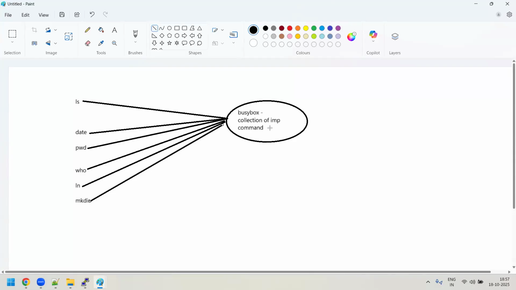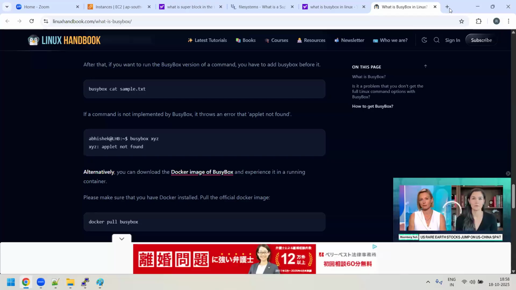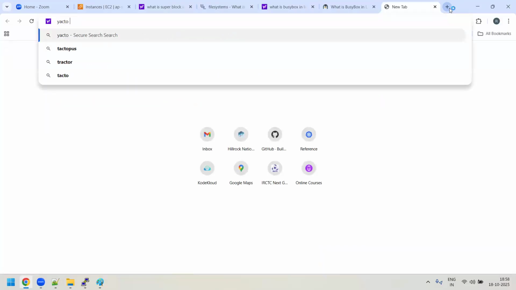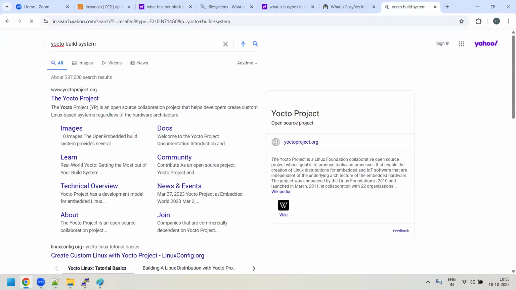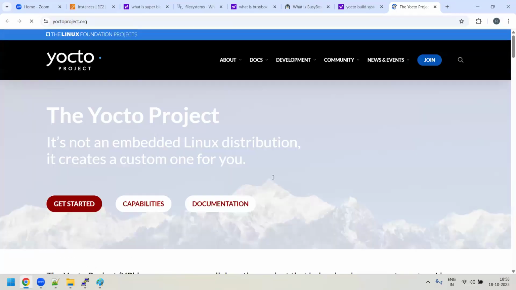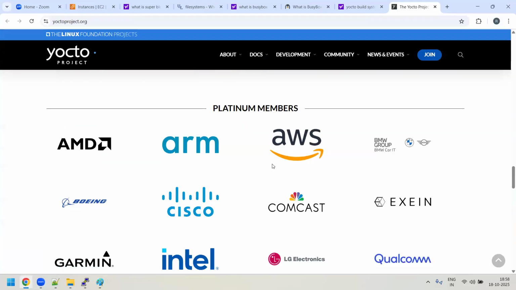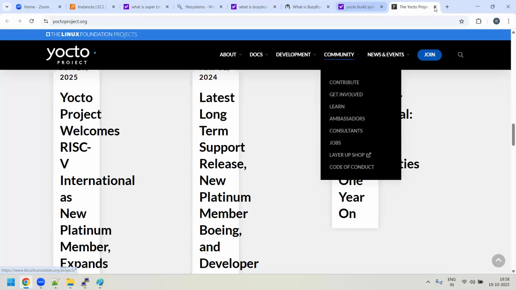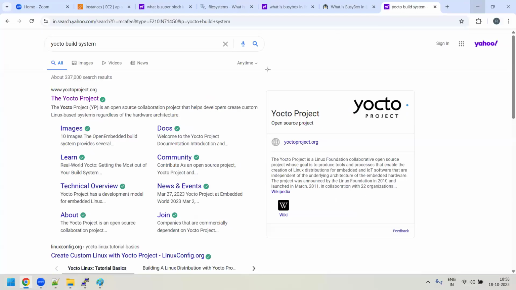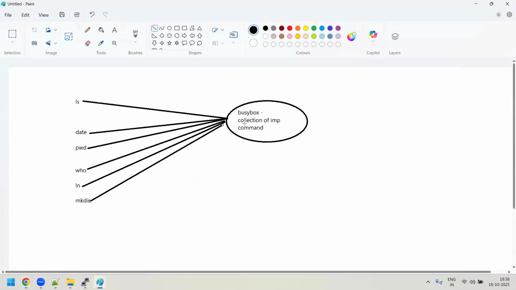For example, when you're trying to build something with the Yocto project, the Yocto build system, I am not sure how many know it. There you will build all those busyboxes also. Here you can't get all this information, but when you work on these projects, you will know how this build system works, how these busyboxes are getting created, and how all these commands become soft links to these busyboxes. So that is very important also.